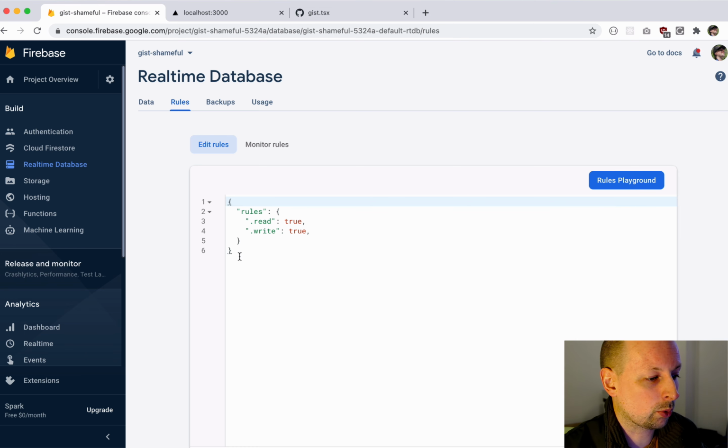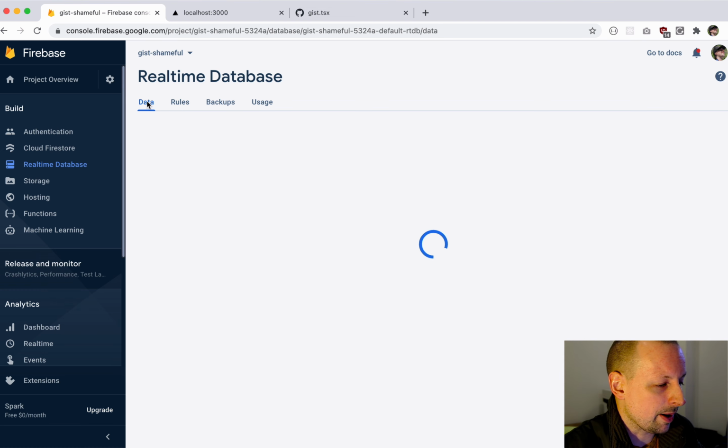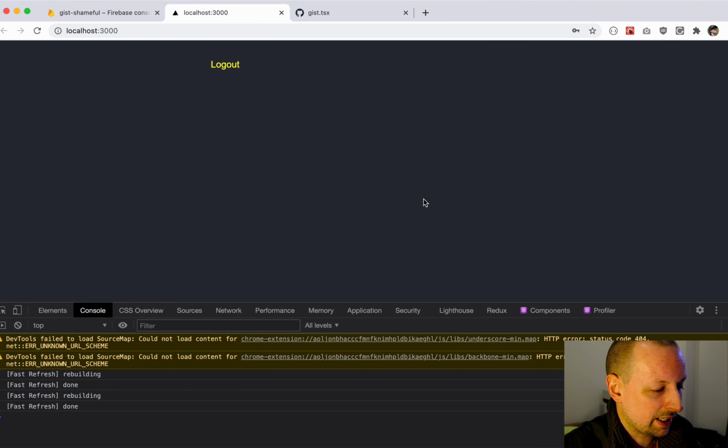And that's one of the things we're going to work on in this app. We're going to build the ability to create gists, sort of like on GitHub, like I showed you earlier. But then we're going to apply rules to our database so that it's secure, so you can only read your own gists. Okay, so first things first, in this application here, we're going to build the ability to create